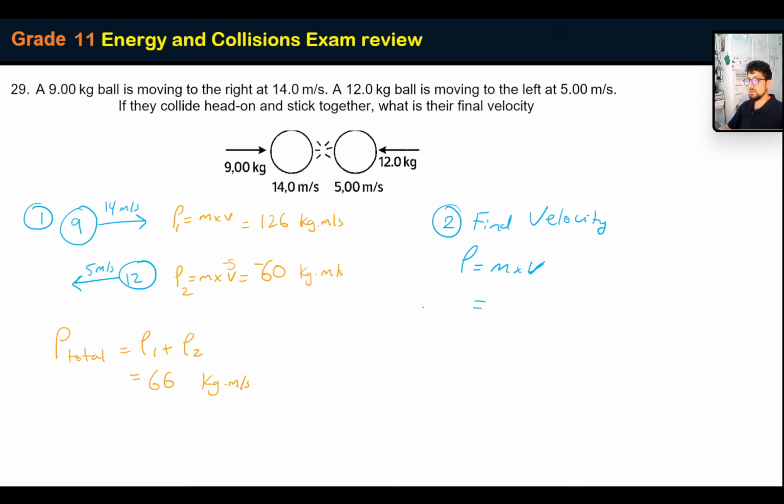We've got P, which is 66. Let's use green. 66 is equivalent to, now we get to use total mass once again. So the total mass is both balls combined together, because they are one entity now. So 21 kilograms times the velocity. Therefore, the final velocity is going to be 66 divided by 21, which is 3.1 meters per second to the